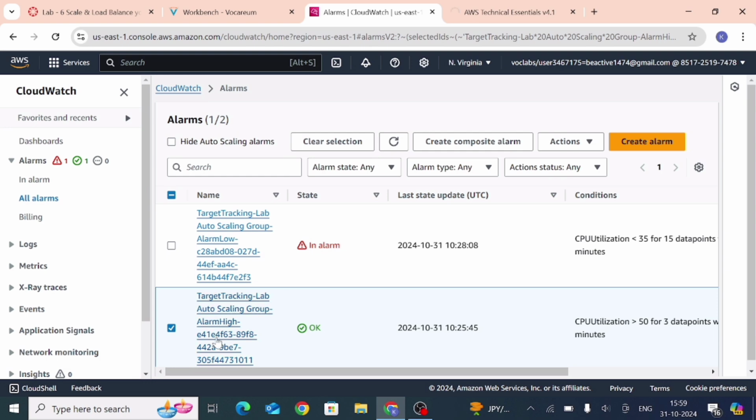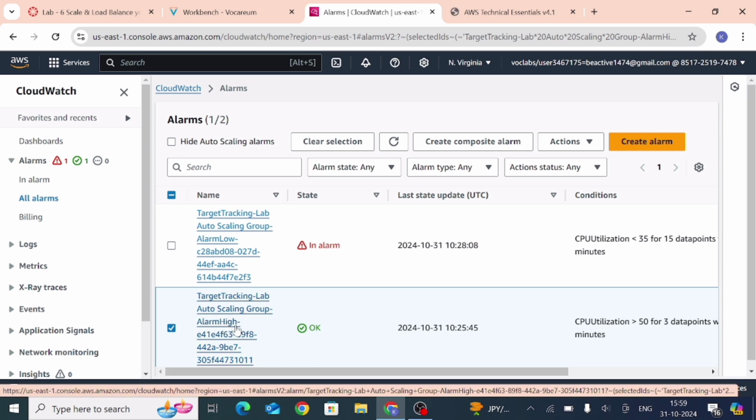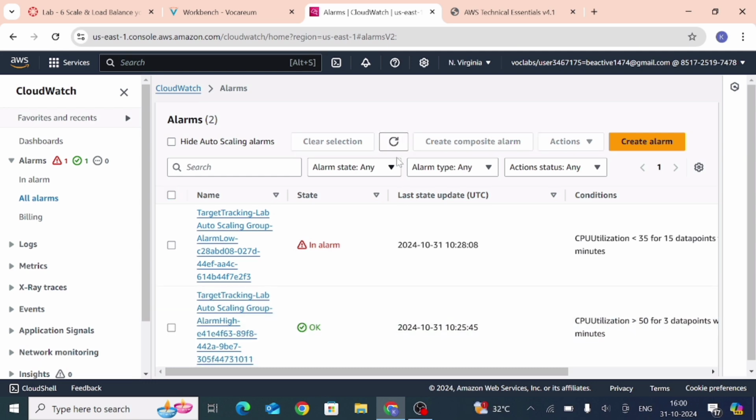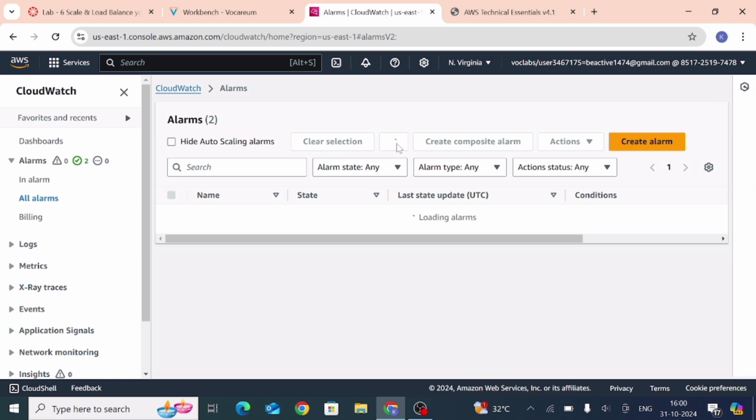However, this alarm high shows in alarm. So now this alarm low shows in alarm, but wait for this alarm high. Here we see this alarm high and this alarm low. So this alarm high after a few minutes showed in alarm. Now both show okay.